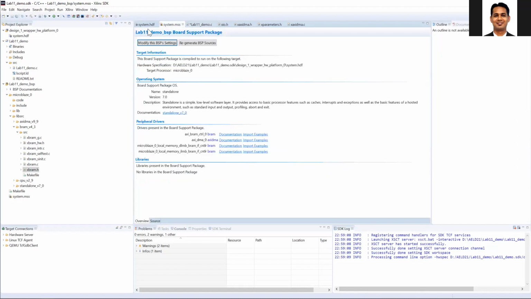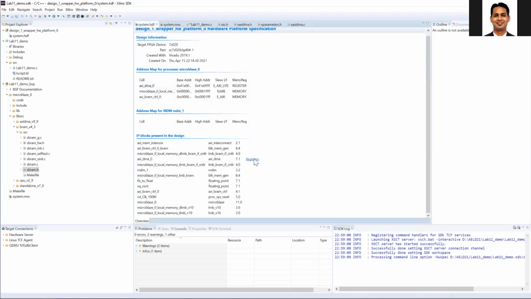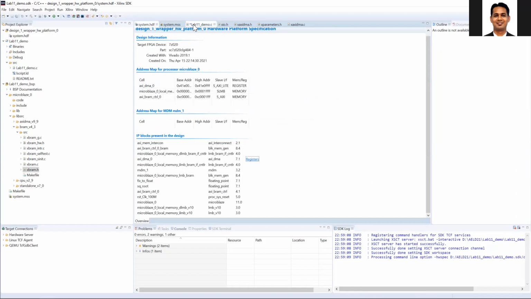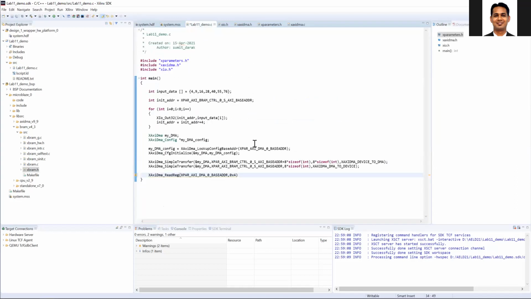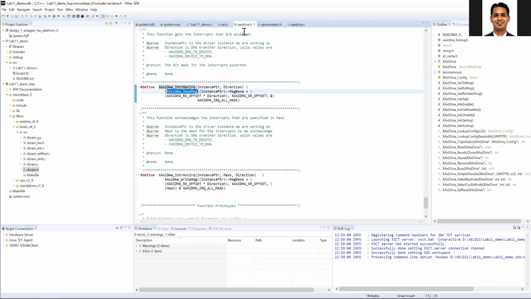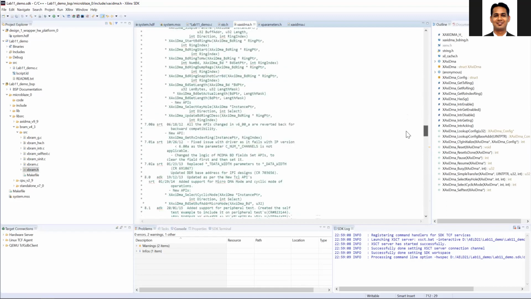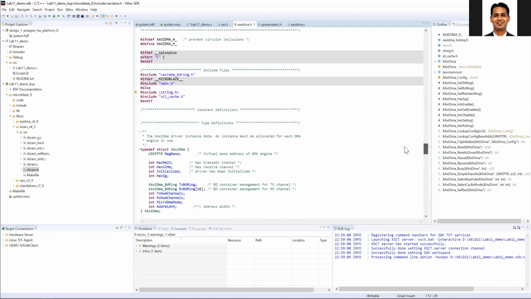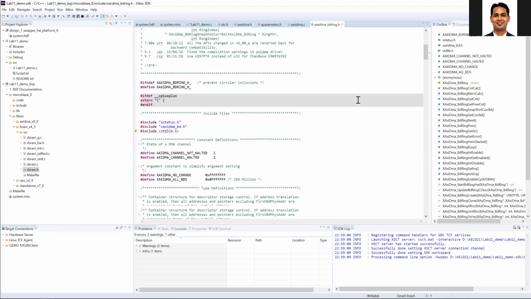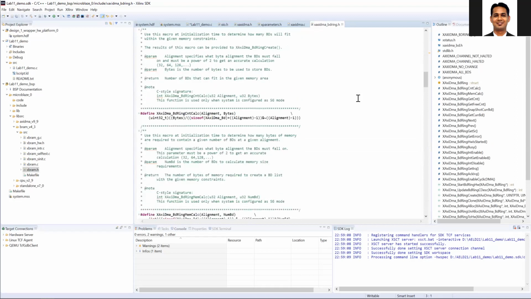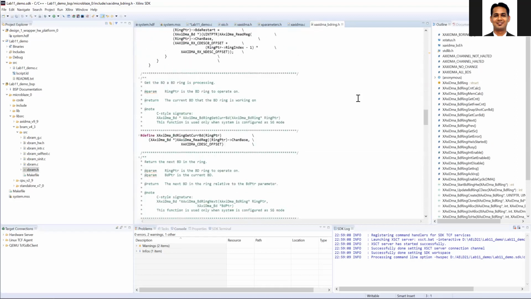But we want only the first bit. If you go back to the register, you can see my first register, but I want only the first bit. So I need to do the AND operation. For the AND operation, in the xdmi.h there will be a proper mask they usually provide, which helps us to mask the particular register. So if you go to this .h file, they should provide some mask.